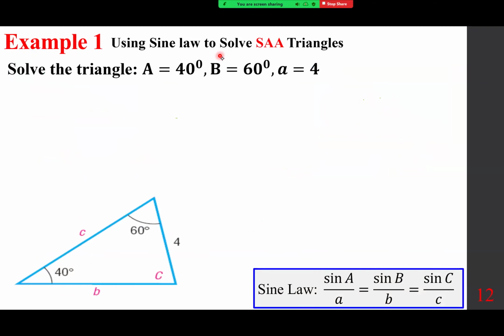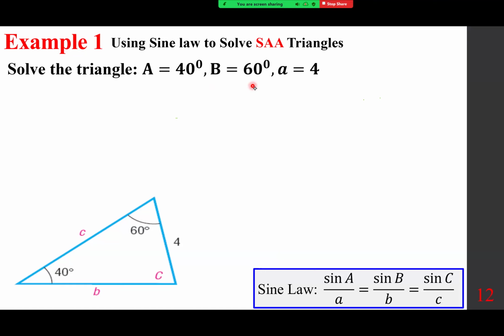Using sine law to solve side angle triangles, solve the triangle A equals 40 degrees, B equals 60 degrees, a equals 4. By the way, they have given us the triangle. Even if they haven't, I highly recommend you draw something, and it doesn't have to be to scale. Ultimately, remember, the smaller the angle, the smaller the side opposite that. So clearly, if one is 40, one is 60,